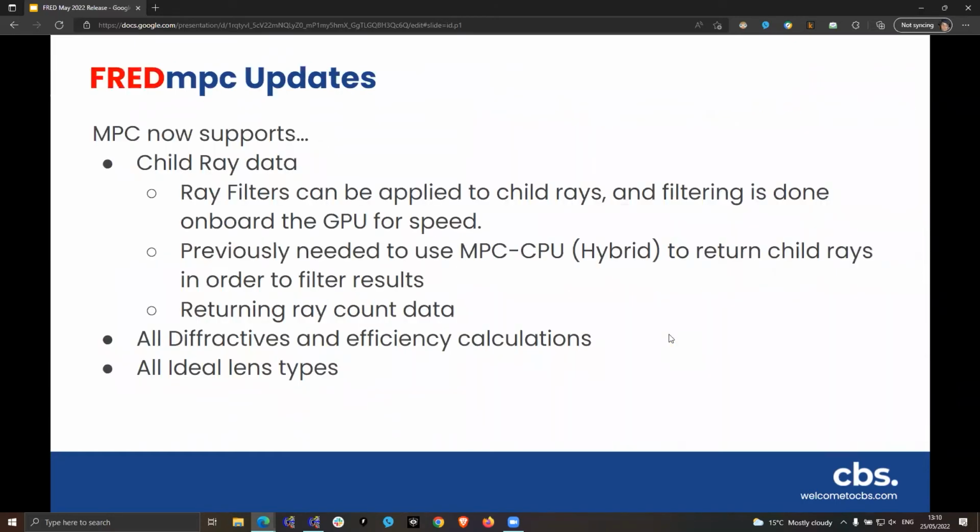In MPC, there's also some additional things though. One of the other really nice things that's been added is that the actual ray trace that's done on the GPU can now access the child ray data, so rays that split and scatter and do all these wonderful things. And we can apply ray filters to those child rays and filter rays directly on the graphics card